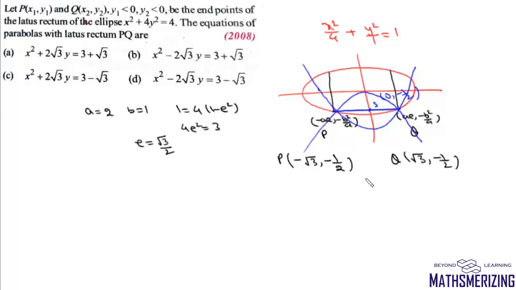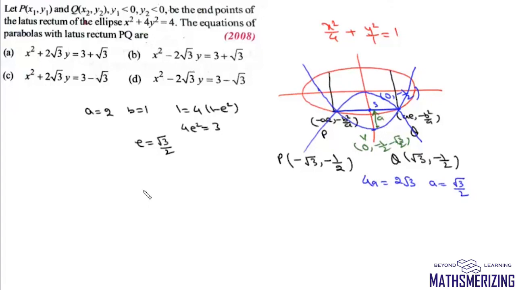And we'll also write its latus rectum. So the latus rectum is 4a, and 4a is equal to 2 root 3. So the value of a is simply root 3 by 2. The first parabola is the parabola of this third form. For this parabola, its vertex will be at (0, minus 1 by 2 minus root 3 by 2), because we know that the distance between focus and vertex is equal to a, which in this case is root 3 by 2. So now we can write the equation of this parabola.